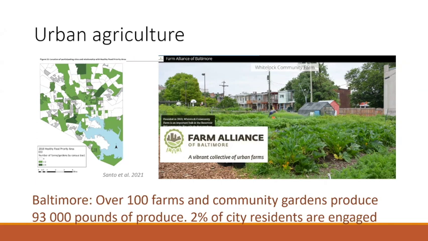And also because many of these places are in what we call healthy food priority areas. These are the shaded areas, which is a nice way of saying food deserts. These are places where people do not have access to fresh, healthy produce. So very often they grow their own. This is an increasingly popular activity in cities.